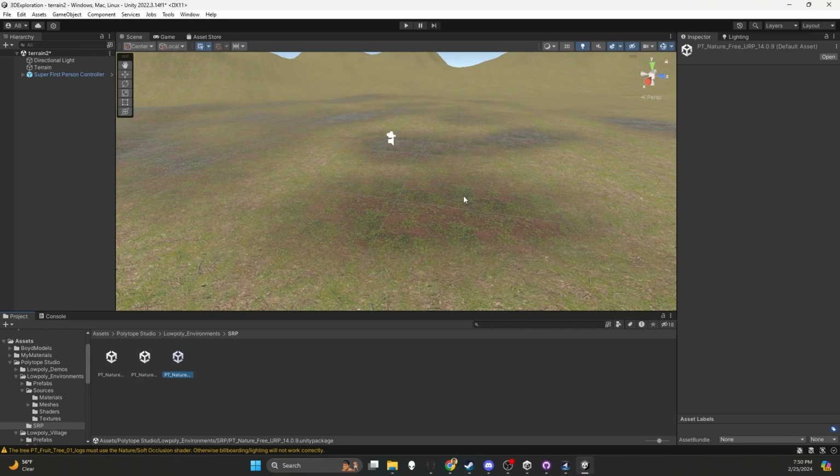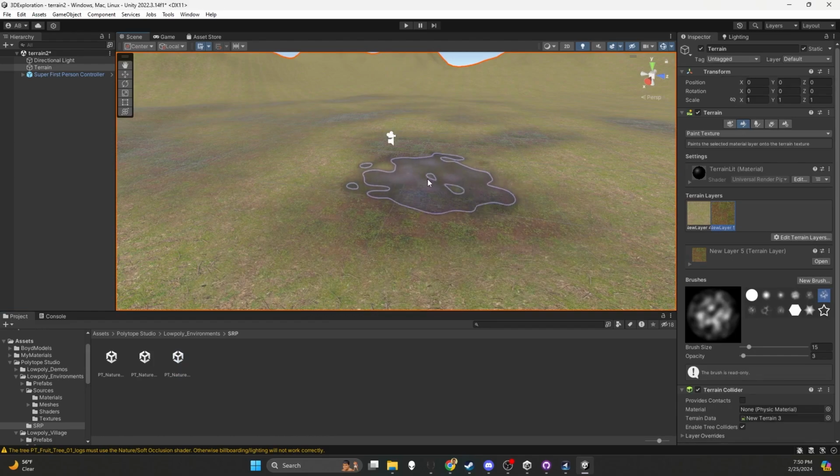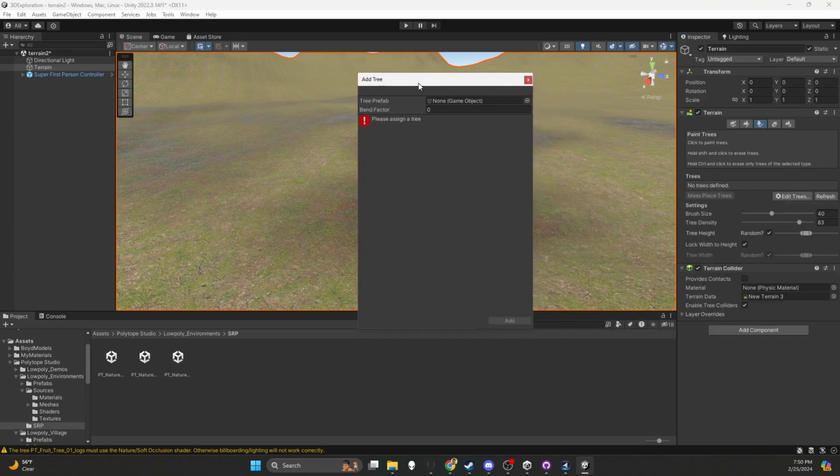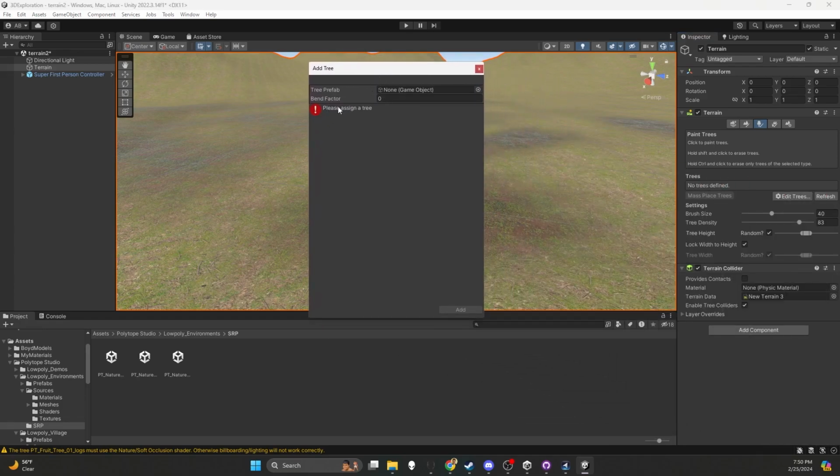So the very first thing that we're going to start with are the trees. So let's go ahead and do that. I'm going to select my terrain here, and I'm going to go to the paint trees section, and you can see that we have no trees defined. I'm going to click on edit trees and add tree. And here we are going to see this window come up and it says please assign a tree, and we're going to select a game object